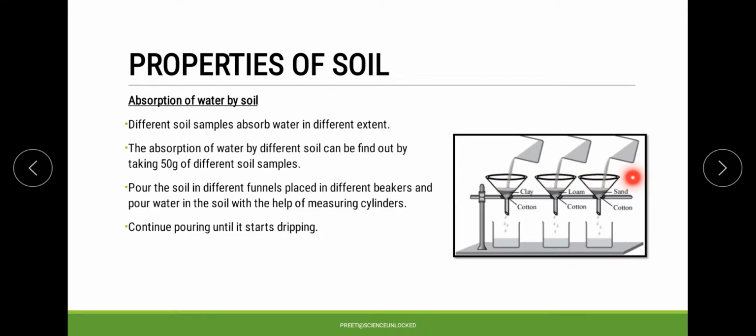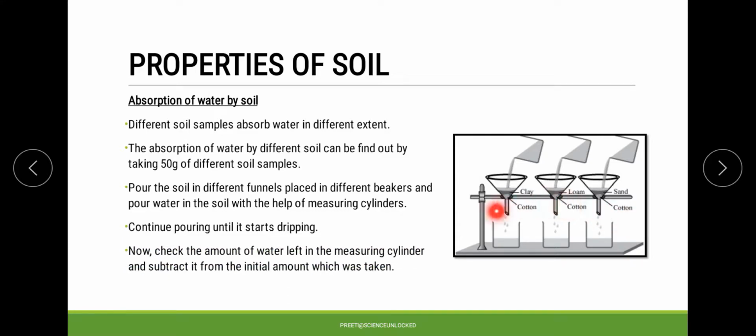Once the sample is added to the funnels, we take the same amount of water in a container and pour it through the samples. During this process we will find that a certain amount of water is collected in the bottom container, whereas some amount is retained in the soil. With this experiment, we will be able to calculate the initial volume and the final volume of water that we have received,